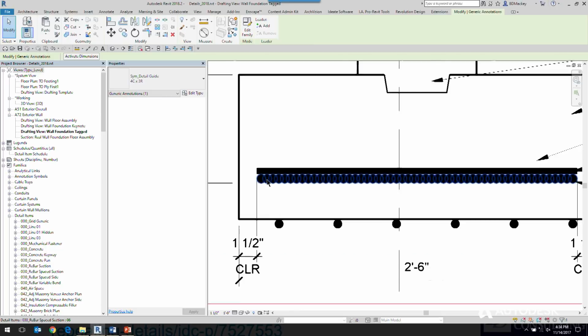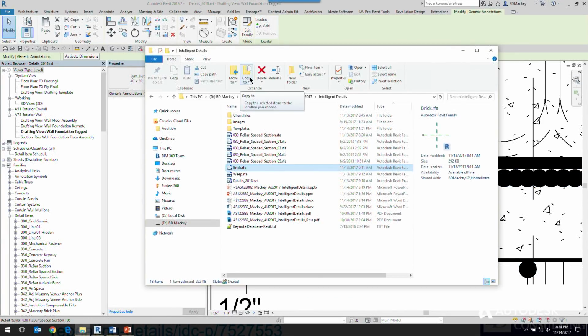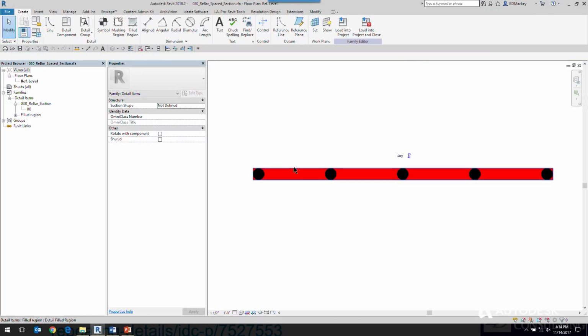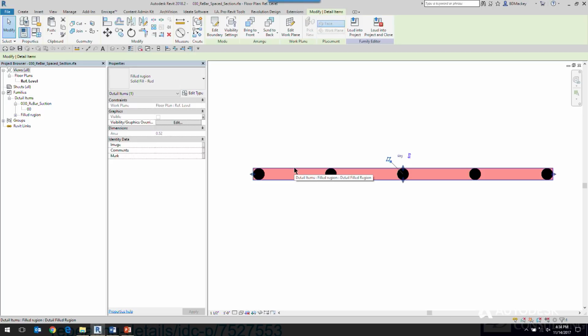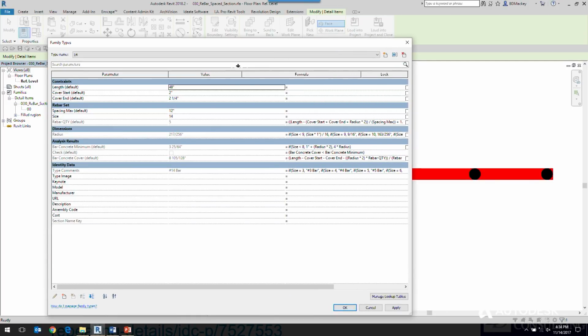But what I like to do is start building in code information. It's not usually that somebody's going to put 0.5 of an inch inside of there. So what I like to do is start building code information, in this case for my young EITs. In this case, it's just a filled region, where I'm starting to add some of that code. So in this family here,